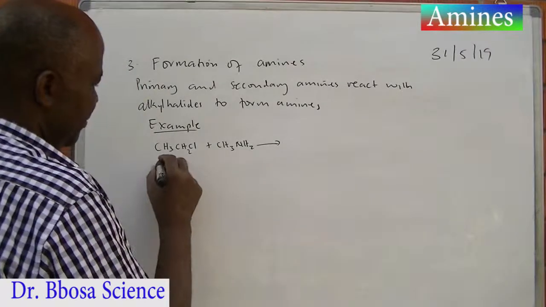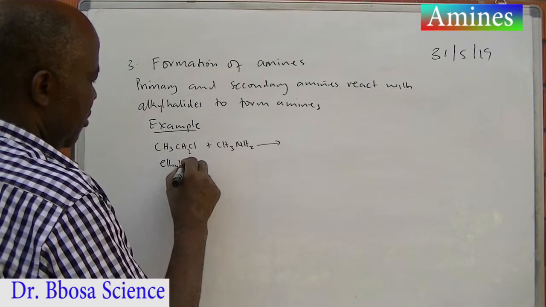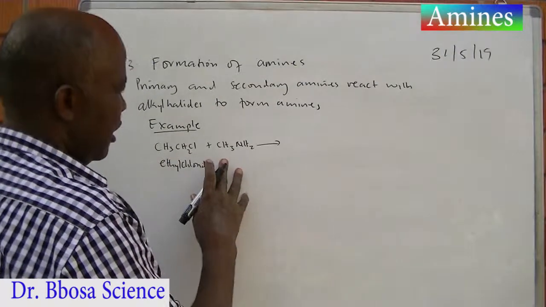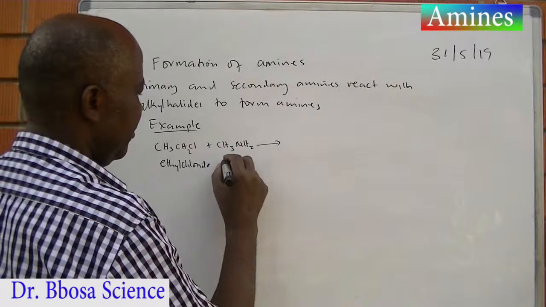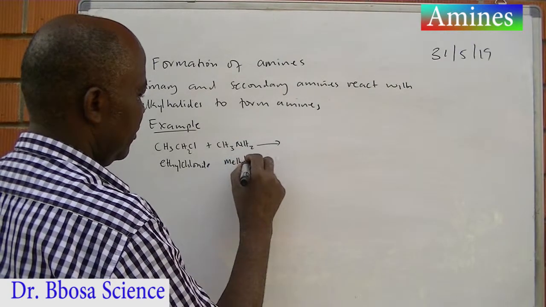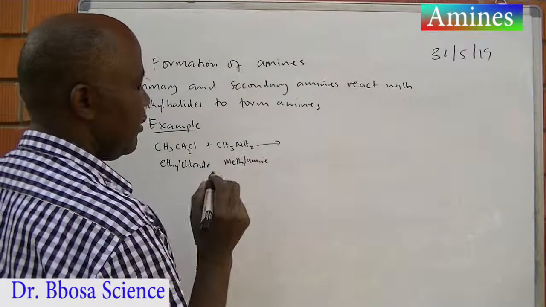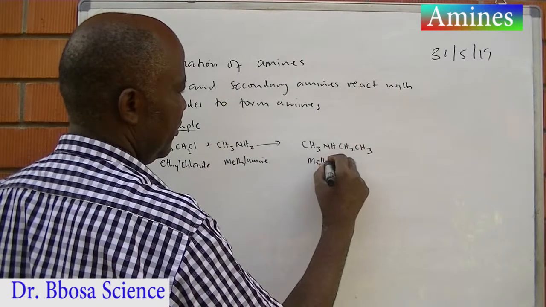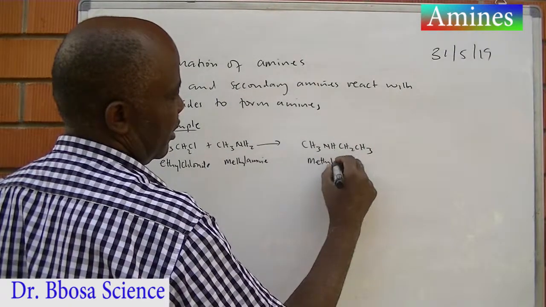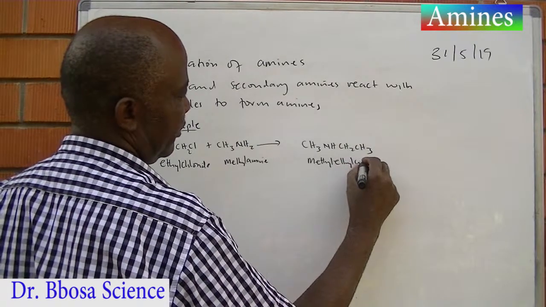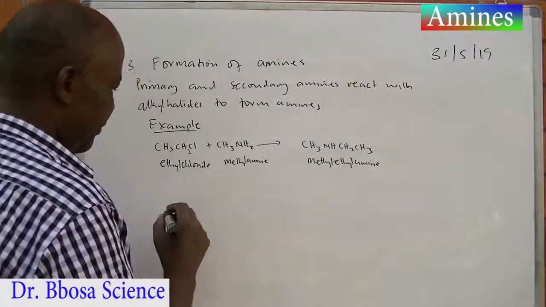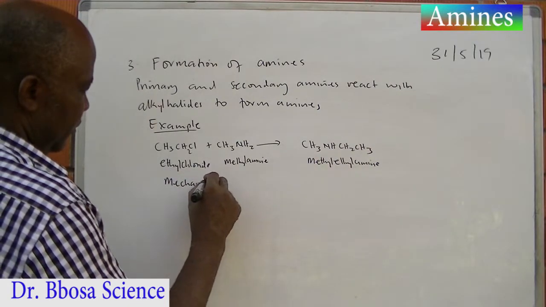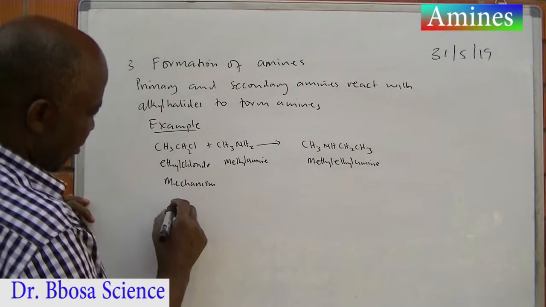For example, ethyl chloride reacts with methylamine to form methylethylamine. Then mechanism, this being a primary alkyl halide,